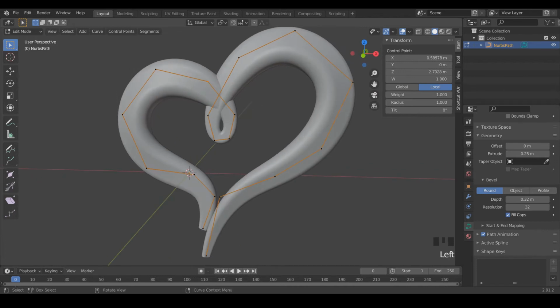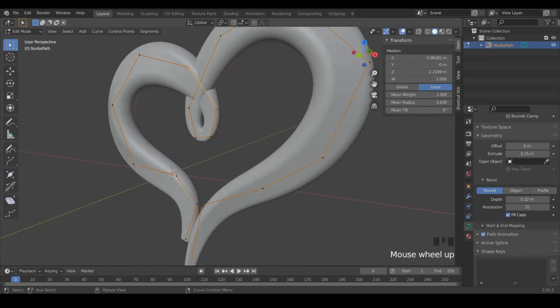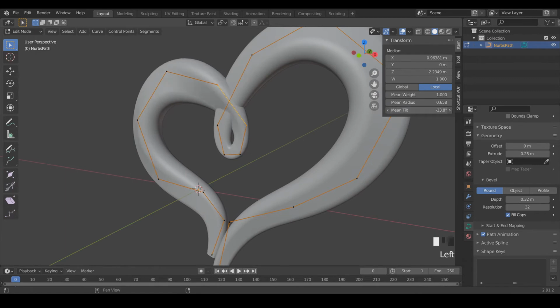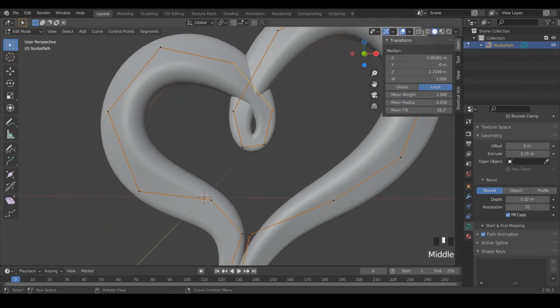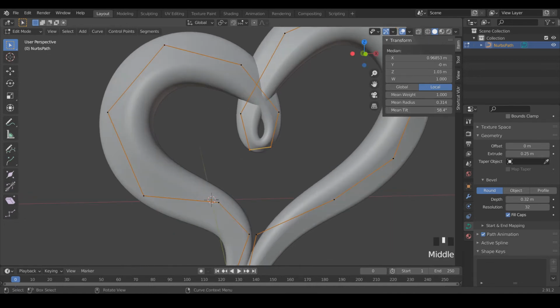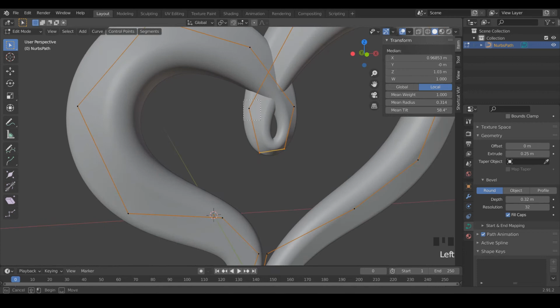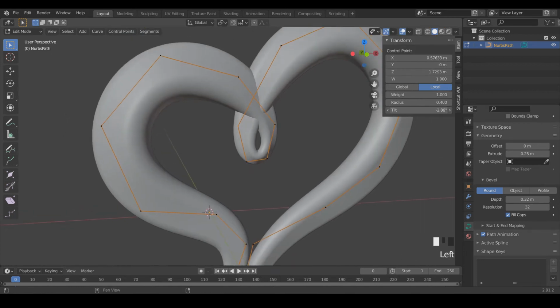I'm gonna start curving these ones in as well. Make sure I'm going in the right direction. And then with this loop, I'm just gonna bring this kind of facing down. Maybe point this one in as well.